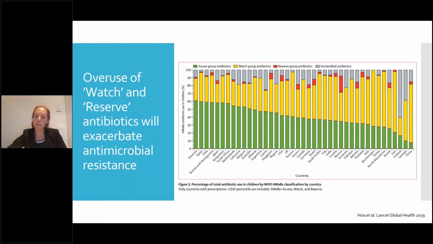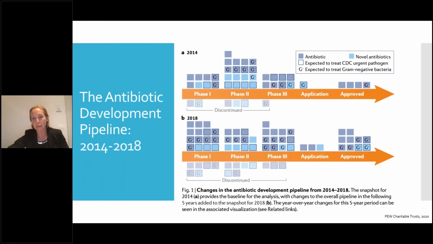And this publication looked at how different health settings across different countries are prescribing their antibiotics and what proportion were prescribing predominantly Access antibiotics. So remember, we want to try and have that set at a target of achieving 60% of total use within a healthcare system. And you can see the countries on the left of that graph are really close to achieving, some of them even are achieving that 60% target. But we can see that there are many countries that are really over-prescribing the Watch and Reserve antibiotics. And if we don't control this quickly, we'll see antimicrobial resistance continue to become an increasing problem across the globe.